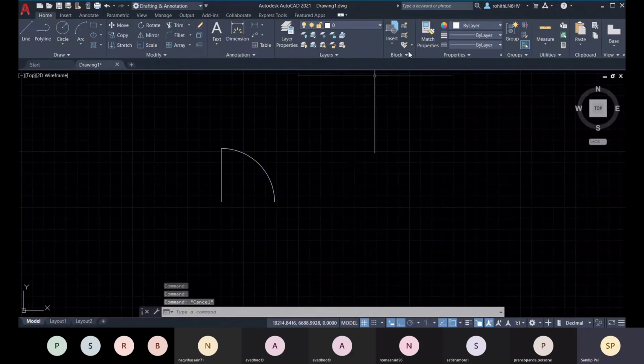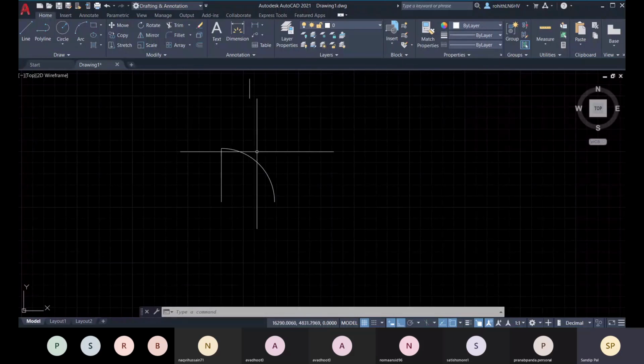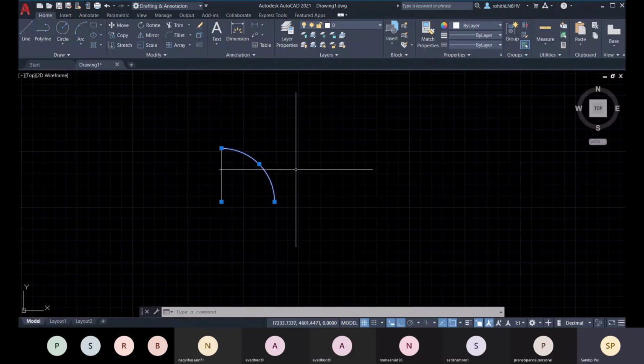So for that you need to save it as a block. You need to create a block. So for that what will happen is all this multiple objects. So this is right now an arc. You cannot say that this is the door symbol or this is the part of your door symbol. You cannot say it. It is mentioning as an arc. This is as a line, right? So for that you need to create a block.